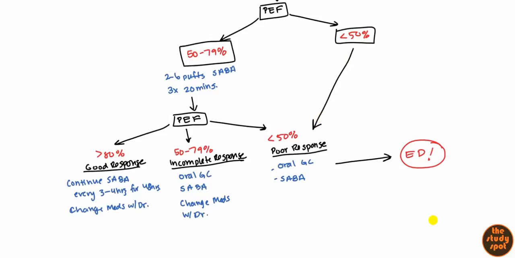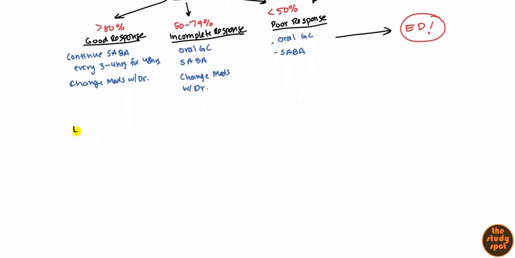So now, of course, these patients are okay. They're going to go meet with their doctor, probably step up or change their medications. Now let's talk about what happens to the patients in the emergency department. So obviously we'll act like we are the ER docs and see what we will do. Okay, so when the patient comes to the emergency department, one of the first things you want to do is do a quick history and physical examination, because you do want to make sure that they are having